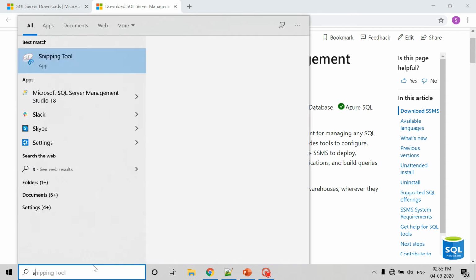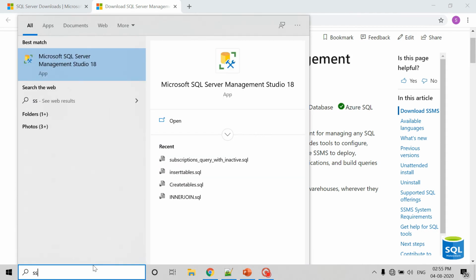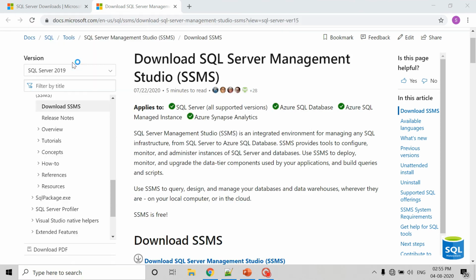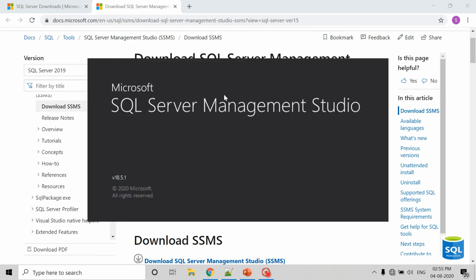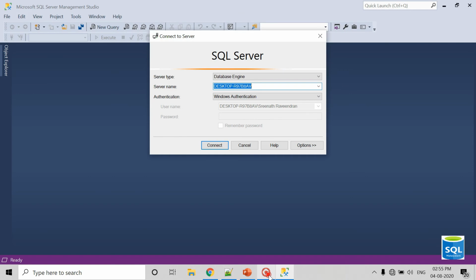So once you installed SQL Server and SQL Server Management Studio, either just search for SSMS, or you can type it in the run command and select that option. When we open the SQL Server Management Studio, it will prompt a connect to the server dialog box where we need to specify the server name.